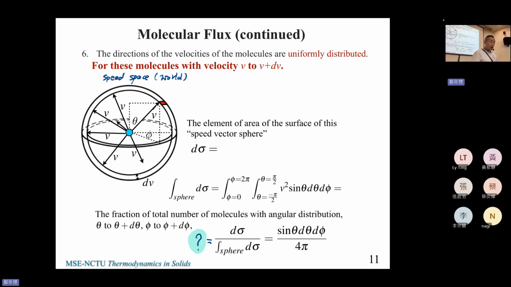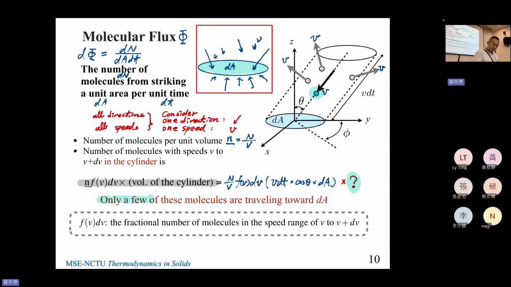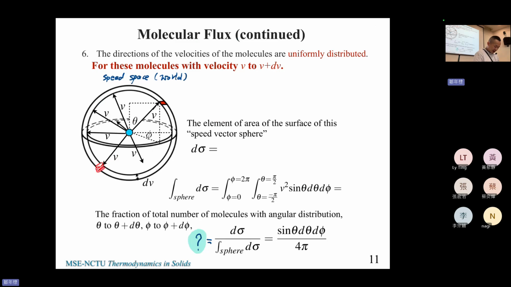And now we are going to determine one direction. For example, this direction, the red, one direction. Of course, in the previous page, we were talking about this area. But when you determine this, you also receive the same value, right? Because they are all uniformly distributed. So we only choose one direction. Which means that it actually is one tiny dA of the whole sphere area. That's it. The ratio.